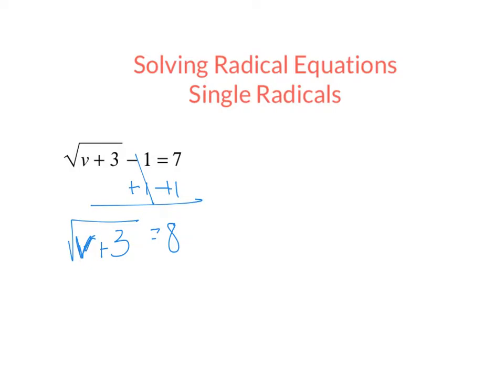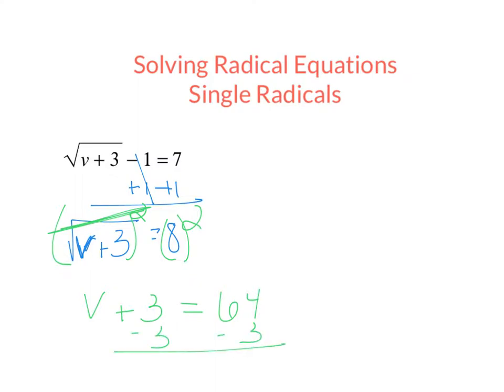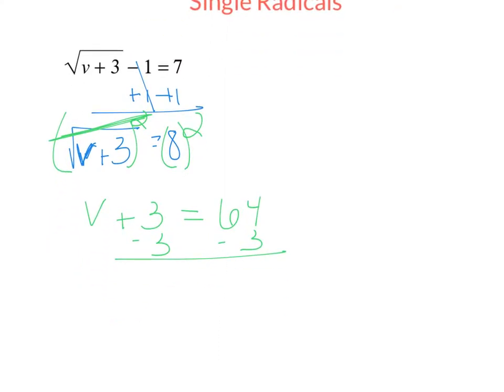Alright, so now I want to solve for v, but there's a problem. V is inside of the square root. In order to get rid of my square root, I need to square it. That will release the things inside of the square root, because a square cancels out a radical. You have to do it to the other side in order to keep your equation balanced. So this will be 64. I'm going to subtract 3, and I'm going to end up getting v equals